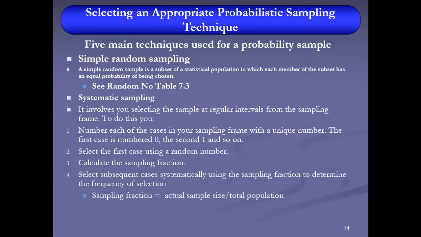सिंपल रैंडम सैम्पलिंग में हम क्या करते हैं, रैंडमली पार्टिसिपेंट्स को सिलेक्ट कर लेते हैं। सिस्टमैटिक सैम्पलिंग में हम सिस्टमैटिकली एक ही इंटरवल के बाद सिलेक्ट करते हैं। फॉर एग्जांपल हमारे पास फ्रैक्शन निकलती है 1/4, तो हम क्या करेंगे, पहला केस 0 होगा, उसके बाद 4 का गैप करेंगे, देन उसके बाद फिर 4 का गैप करेंगे। सेम इंटरवल के साथ हम पार्टिसिपेंट सिलेक्ट कर सकते हैं। इट इज कॉल्ड सिस्टमैटिक सैम्पलिंग।